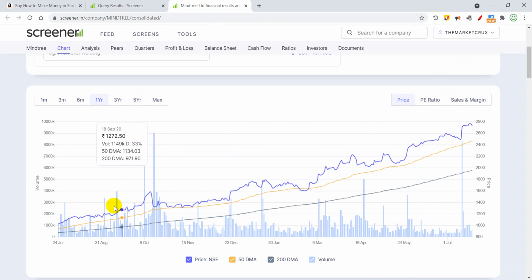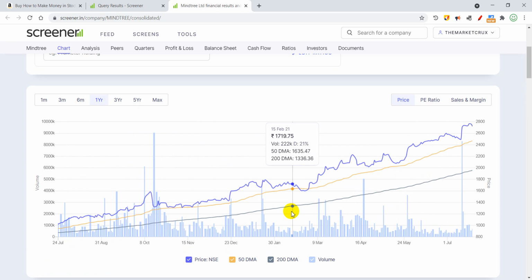What I want to see is a consistent uptrend in the stock's price from the last 1 year, a consistent uptrend. Your stock should not be having a lot of zigzag moves basically. It should not be sideways, and of course it should not be having a lot of deep corrections. So this looks to be a perfect stock, which almost went from 1020 rupees to right now close to 2800 rupees, 2721 is the price right now. So a tremendous, perfect uptrend has been demonstrated by Mindtree from the last 1 year.